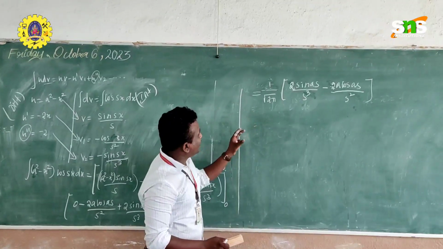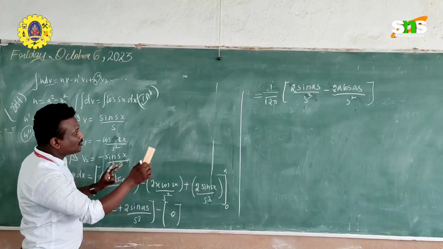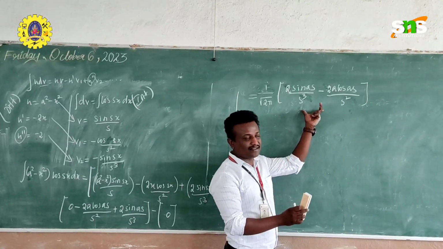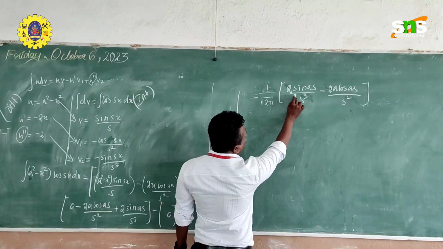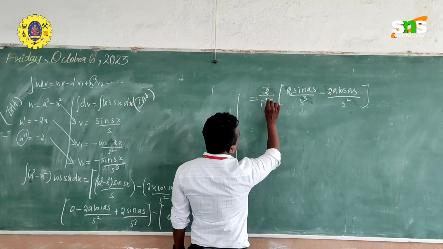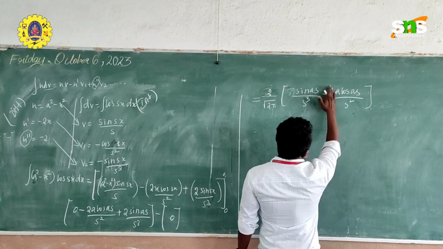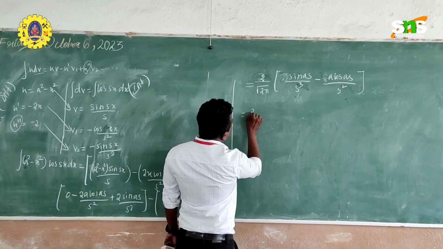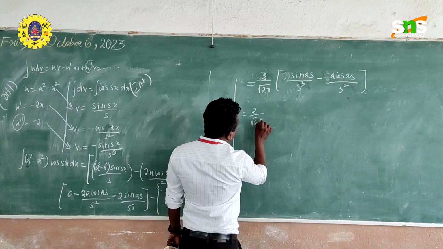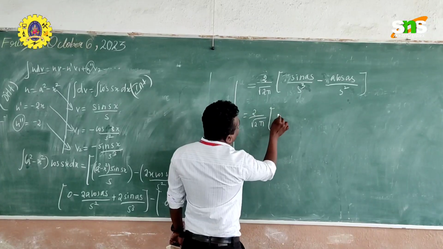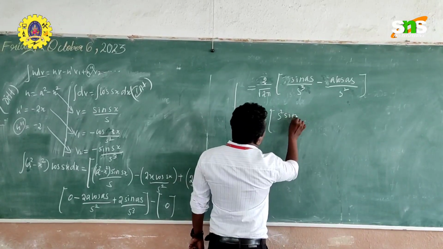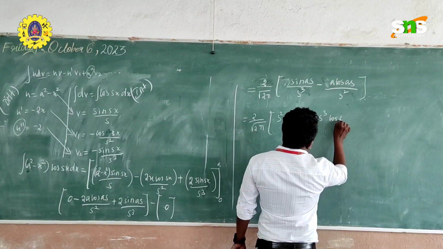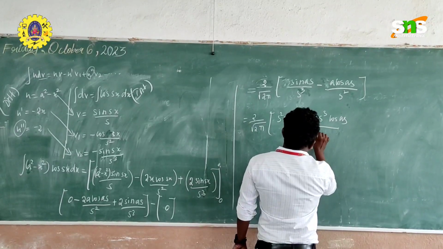Now, I have written all the results. First 1 by 2 root pi is our previous term. Then after integrating the next term, this is our result. Now take a simplification. Here 2 is common. That also can be taken outside. So here 2 will be erased. Now take LCM. LCM means take cross multiplication. Then what happened? It is 2 times 2 root pi. Then s square sin as minus as cube cos as whole divided by s power 5.